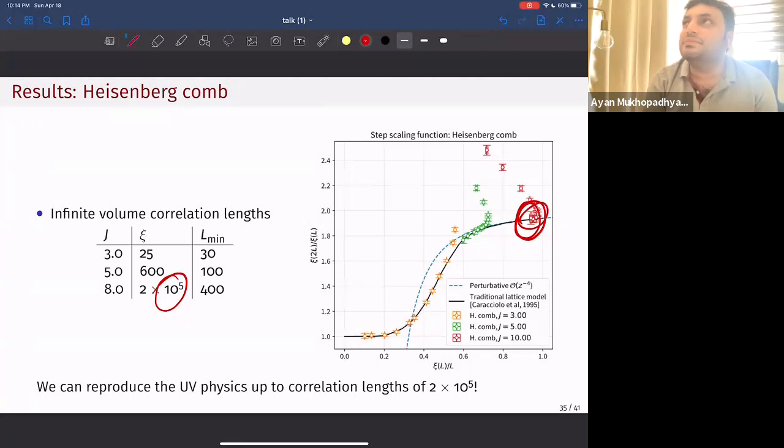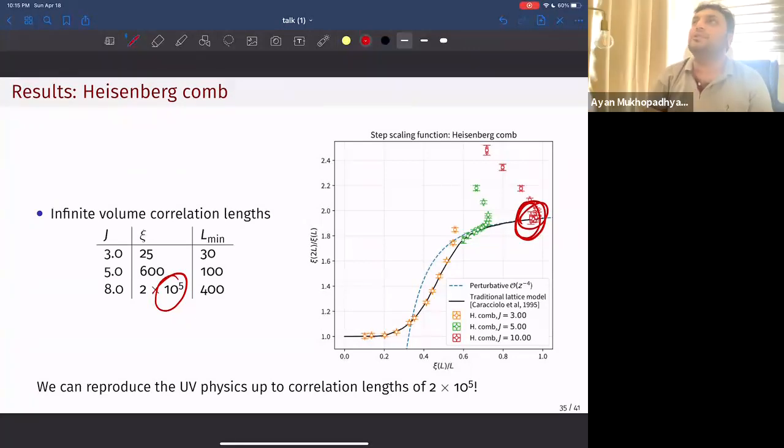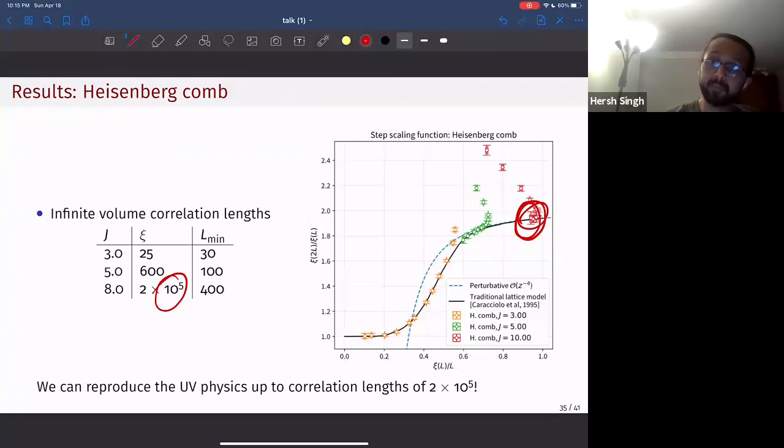But I'm still a little bit unsure. If you keep a finite J, basically you are having some UV cutoff in the theory, right? Exactly. I see. But it might also be useful to understand what kind of irrelevant deformation of the original theory you're having, because if you understand it systematically, then that is also a good thing, because you literally don't need to take J goes to infinity.